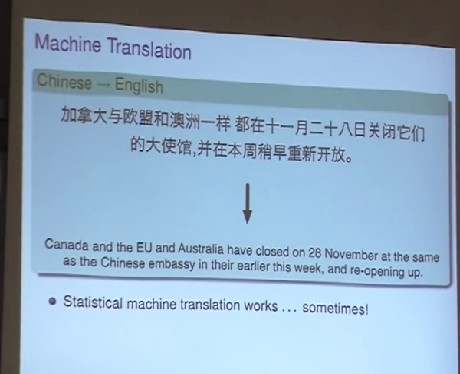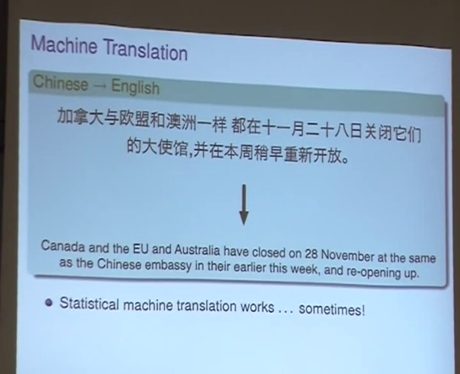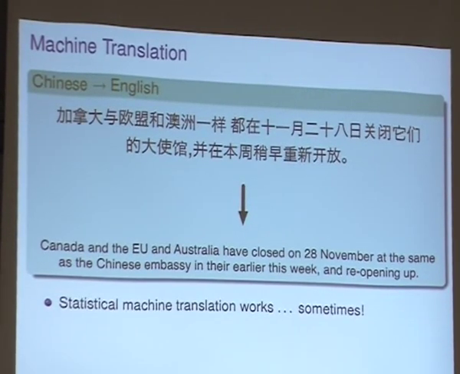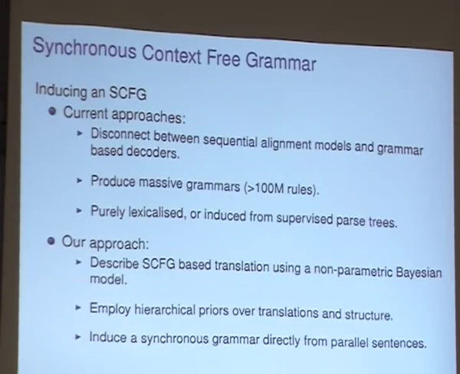If we try a different language, like Chinese, same sort of model, same amounts of data, the result is entirely different. If we try and translate Chinese into English, we almost always get terrible results. And I'm sure you're all probably familiar with this with Czech as well. There's some languages which are just a lot more difficult than others to translate between. And there's some languages that just don't suit the current models we use. So the current models we use, like Moses, phrase-based models, are very good in certain circumstances, but other times they just fail entirely. So we'd like to explore some different ideas.